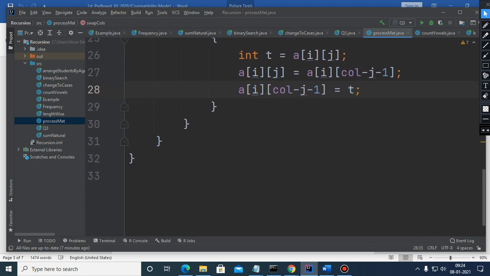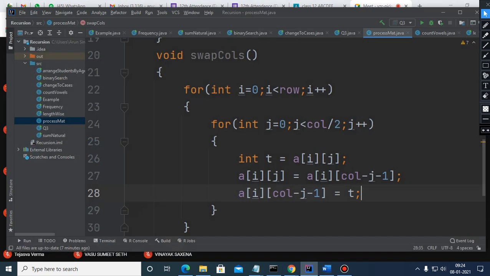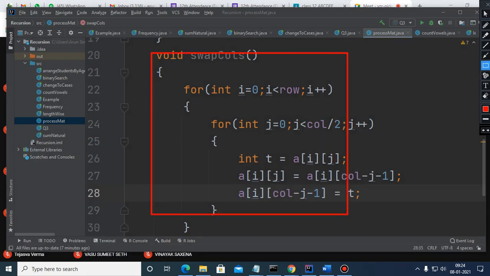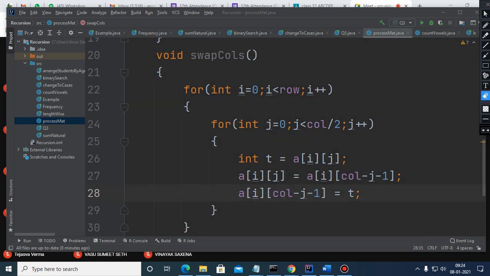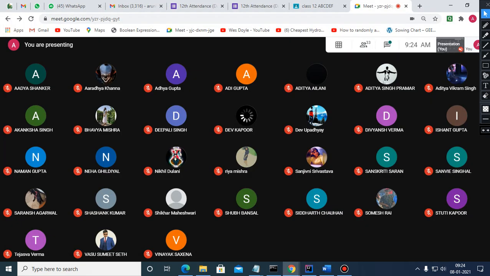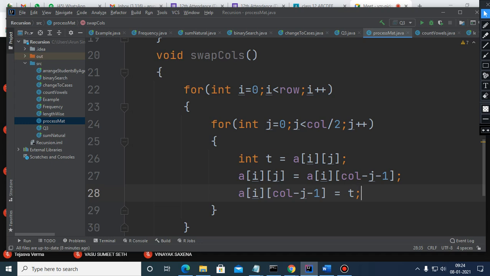So if this much portion is correct, and even if your main method is having some problems, no issues, I have given full marks. But children, this part is very important. If your method is wrong, and you are not able to initialize the matrix, sorry, we cannot give marks. So that's why marks are deducted. Children, I don't think that this is a difficult question. It is very simple.